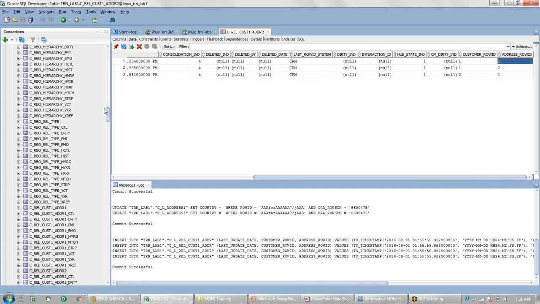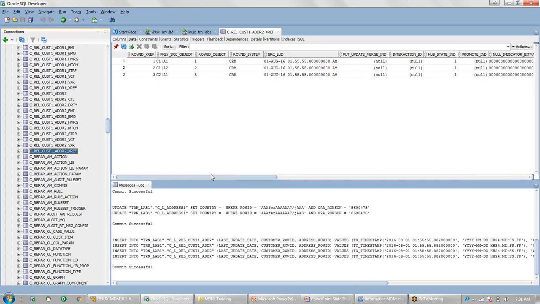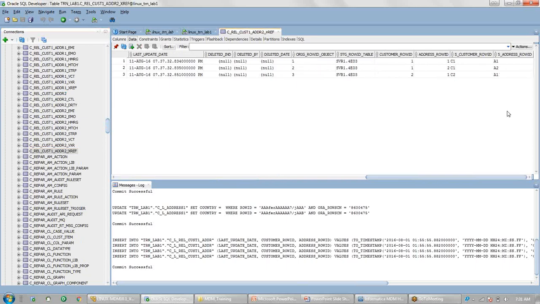And if you go to the cross-reference table, this is my cross-reference table, and here you can see there is a shadow key column present, which will tell you what the value is. As of now it will be difficult to say, because the row ID object and the row ID xref of the parent table are the same.